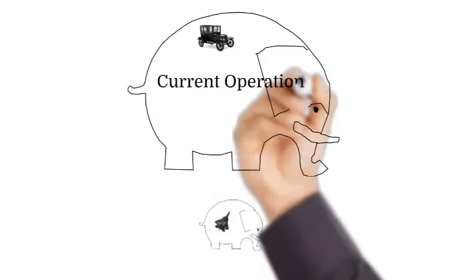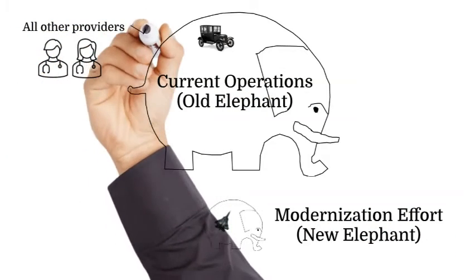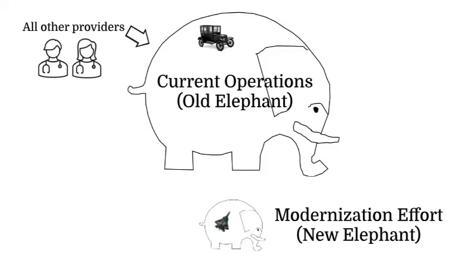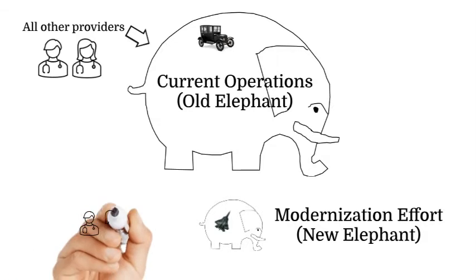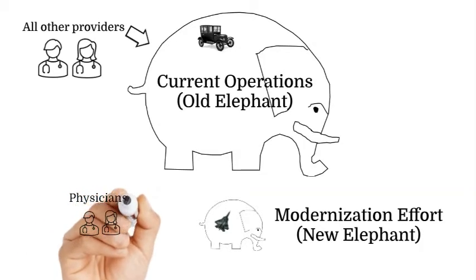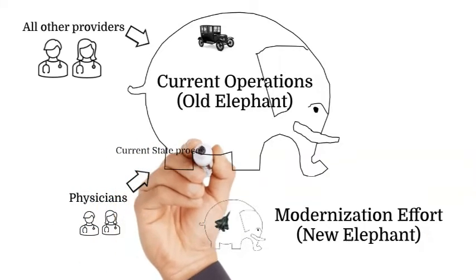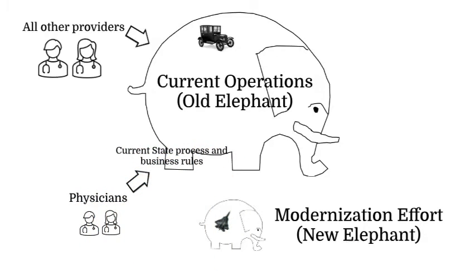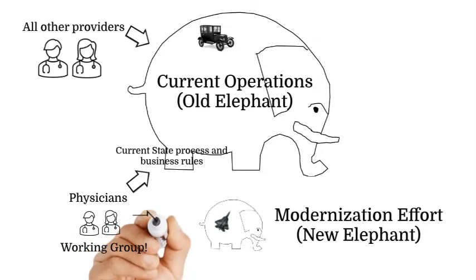In alignment with the New Elephant approach that Kevin and Stephanie described earlier, we have been working to identify a first category of providers with whom we can partner as we launch our first modernization initiative. We've decided to begin with our physician population and have captured the current state process steps and business rules applicable to physician providers. Additionally, we've established a work group of providers who are engaged and excited to work with the delivery team on the best methods of achieving our provider enrollment outcomes. I'm looking forward to launching this initiative.